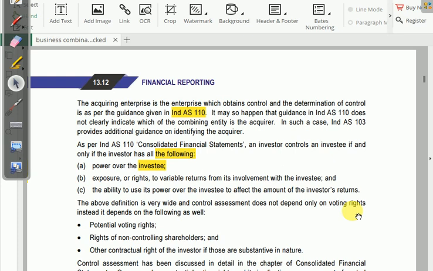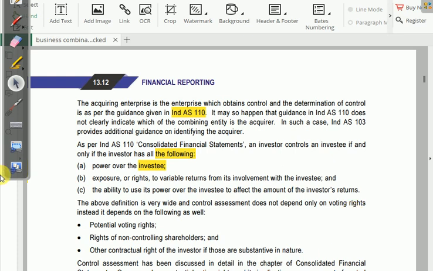अगर आप बोर्ड ऑफ डायरेक्टर्स में बनते हो तो आपके पास ability to use power over the investee to affect the amount of the investor's returns. अगर आप बोर्ड ऑफ डायरेक्टर नहीं भी बनते, लेकिन अगर आपके पास power over the investee है तो आपका जो रिटर्न है उसकी variability आप अपने हिसाब से मैनेज कर सकते हो, आप अपना रिटर्न ऑन इन्वेस्टमेंट खुद तय कर सकते हो अगर आप उस बिजनेस को सही से मैनेज कर रहे